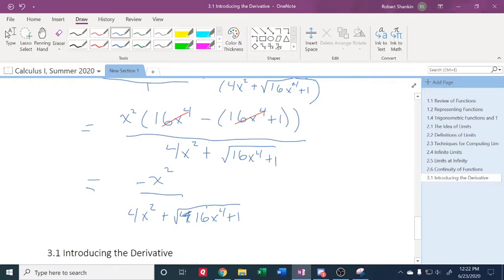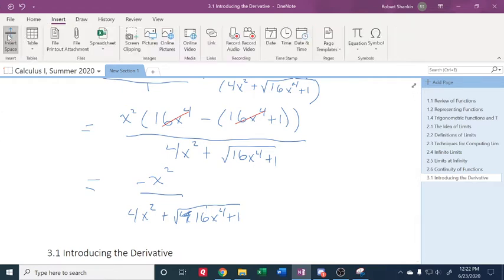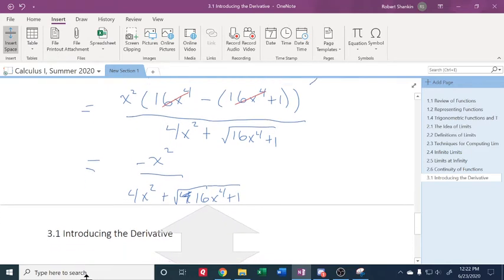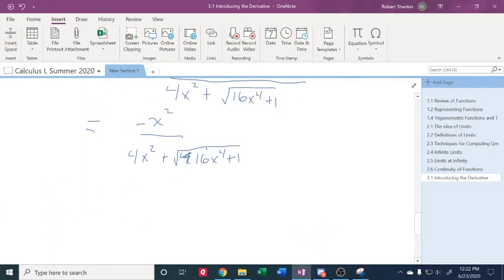Okay. Now, I still have to look at the limit as x goes to infinity of this expression. So now the limit of all of this,